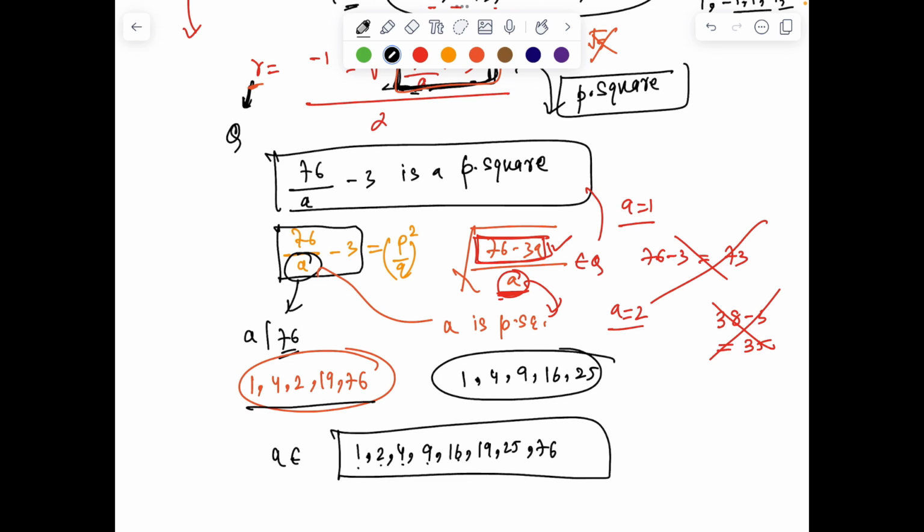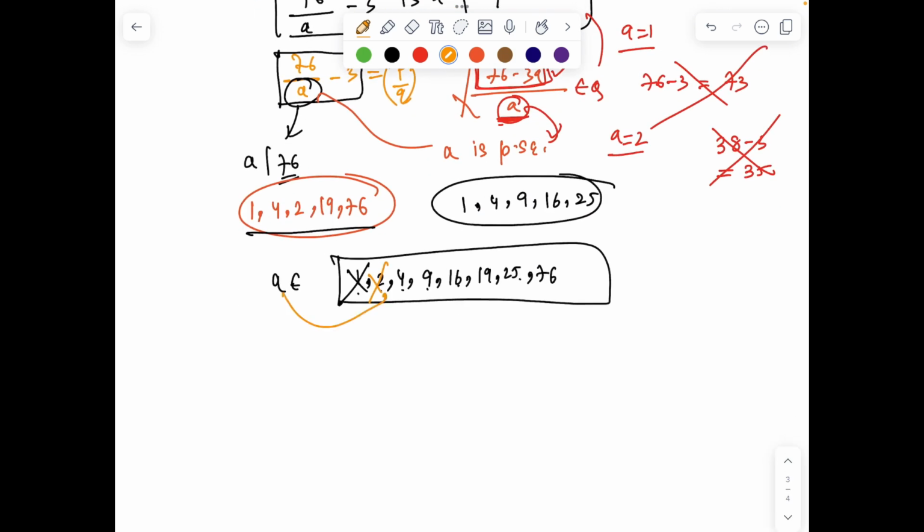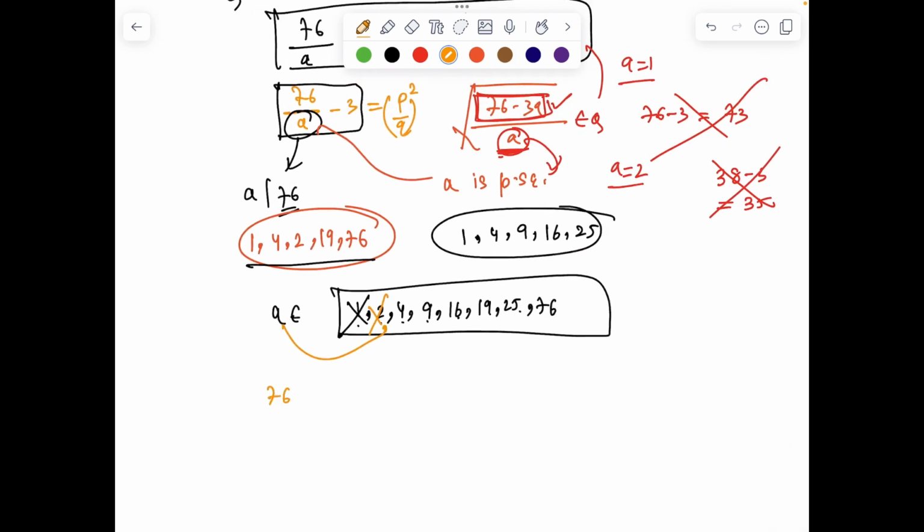I have to check for the values 1, 2, 3, 4, 5, 6, 7, 8. Out of these, I have just checked that 1 is not working, 2 is not working. Okay, so let's take now a equal to 4. If I take a = 4, I'll get 76 by 4 minus 3. So this quantity becomes 19 minus 3, which is 16. So indeed this works. So you can see 16 will give root 16